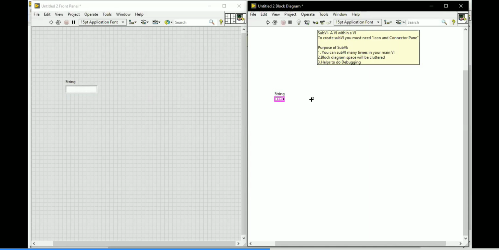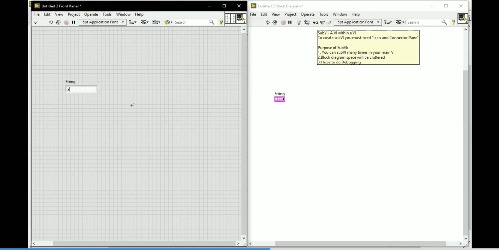The vowel characters are a, e, i, o, u. I am going to provide the value a only. If a is given, I will show that a is a vowel. If we give the value z, then z is not a vowel, z is a consonant. So how to develop the program? I am going to give only one input, a alone, and find whether the value a is a vowel or not.